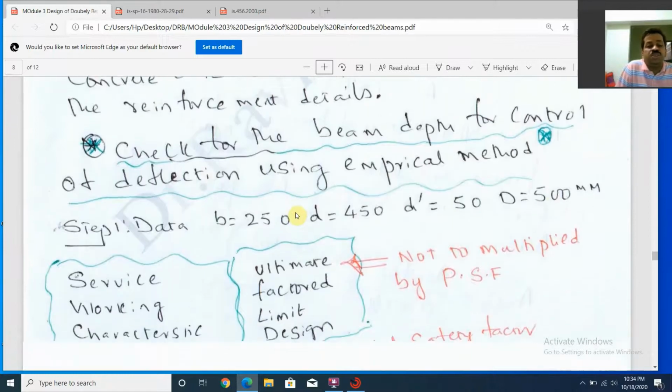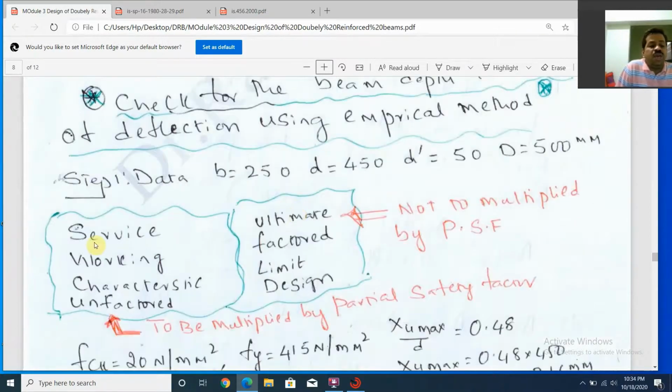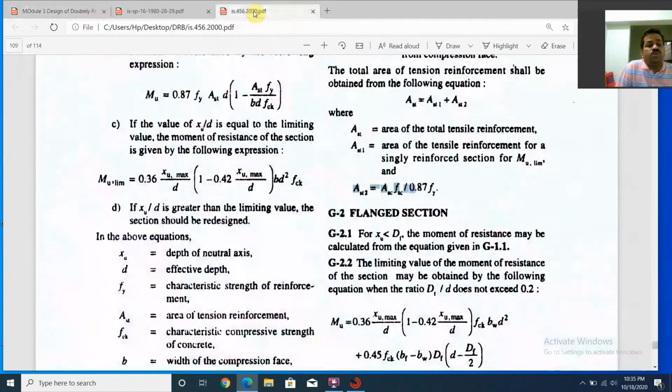Now, as I told you, in the examination it can be given as a service load, a working load, a characteristic load or an unfactored load, or nothing can be given, simply a load. Then you are supposed to multiply by the partial safety factor. If in some problems they give ultimate, factored, limit or design load, do not multiply by the partial safety factor. So always the design load is equal to the characteristic load multiplied by the